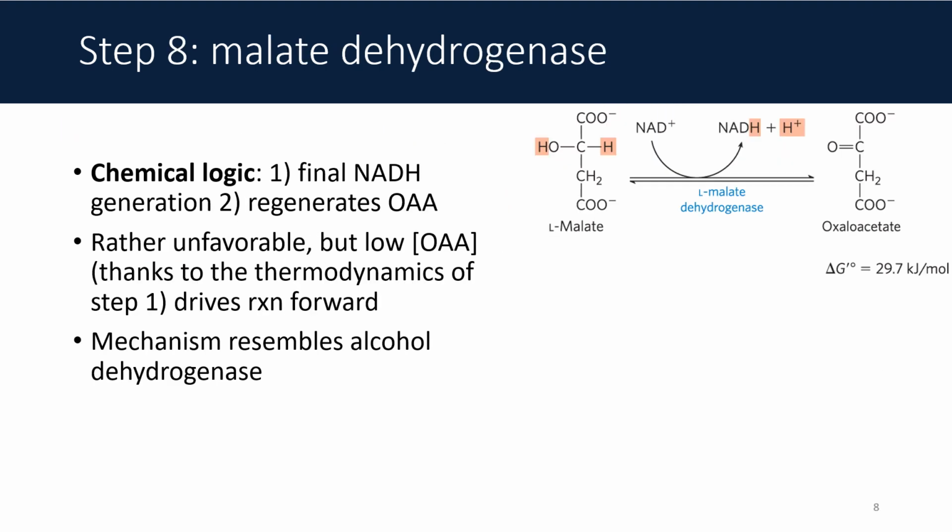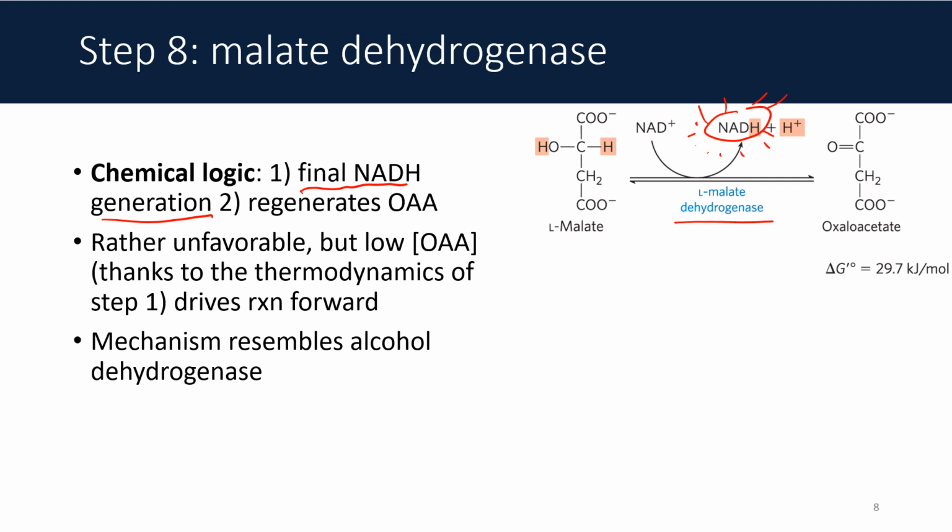Okay, we made it, the final step of the citric acid cycle. Step 8 is catalyzed by the enzyme malate dehydrogenase, and the fact that it's a dehydrogenase should cue you in by now that we are removing a hydride to reduce a substrate, specifically NAD+, to form NADH, money in the bank. That is going to be the first instance of chemical logic of this transformation. And look how convenient this is. When we do this redox